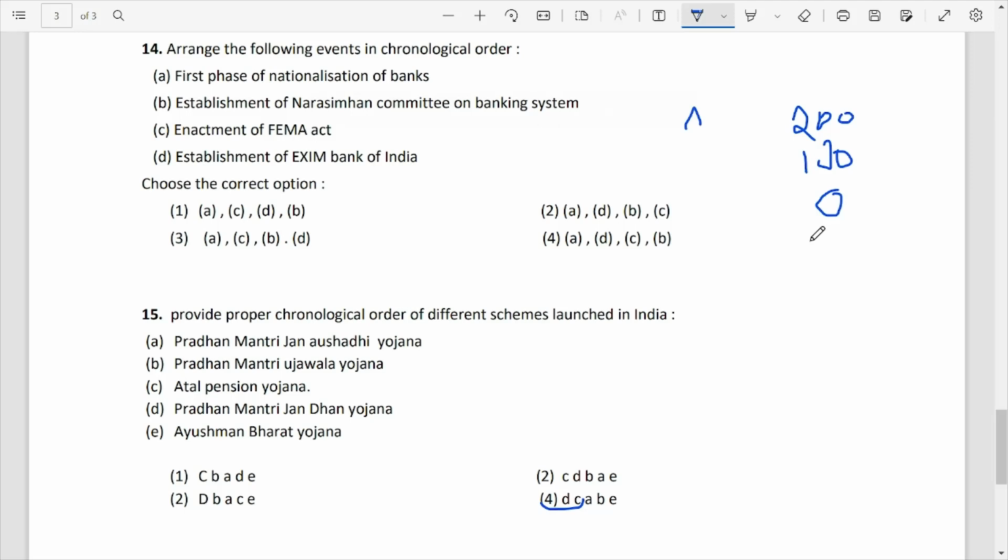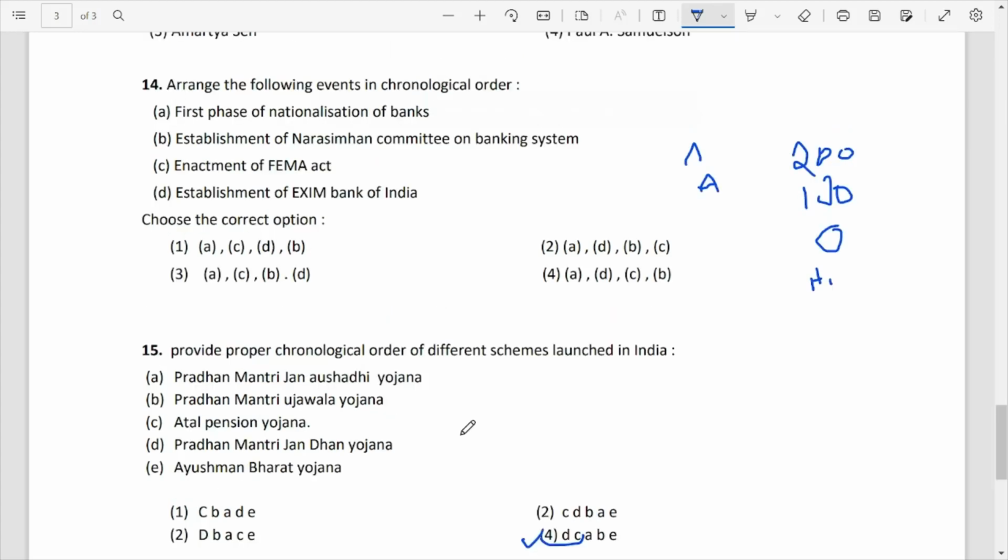I will repeat my question again. The government wants to nationalize this A bank, and this A bank is having deposits of 200 crore rupees. So for purchasing this bank, the government has to pay how much rupees to this bank on the basis of the deposits? So options are these A, B, C, D.